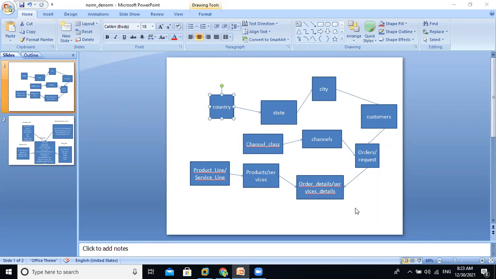But through OLTP systems, only one record is processed at a time, not multiple records. Even if you pay the amount at a time for a respective order or service, it will be processed multiple times. If you need multiple services from the same company, you can pay the whole amount for all services at a time, but your request is processed multiple times. At a time, only one record is processed through OLTP systems.